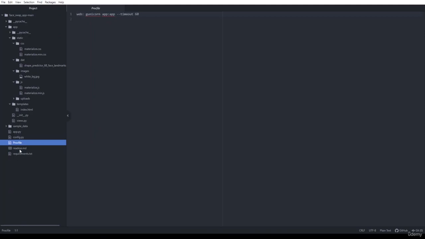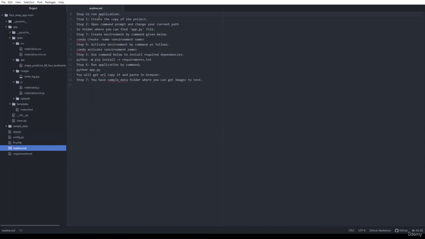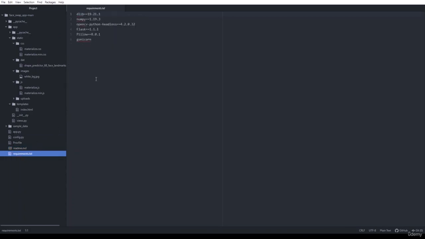Other than that, I have also created a README file. This contains all the steps for how you can run this app. We'll see that later. And the most important file, that is requirements.txt. The requirements.txt file is the most important because it contains all the requirements, all the dependencies of our project.